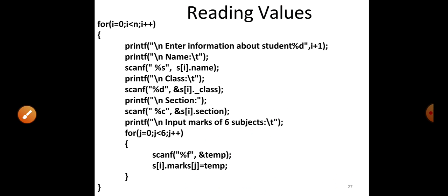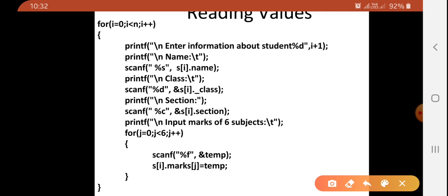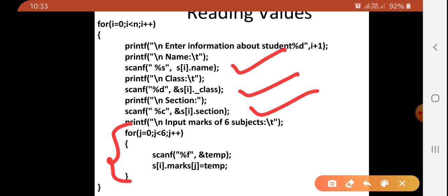Now we will see the program. In the same way we can get the name, class and section, whatever we have in a structure. Now we have marks of 6 subjects. In order to take the marks of 6 subjects, we have to write a for loop here, starting from 0 to 6, and here we are getting the marks, that is s of i dot marks j.